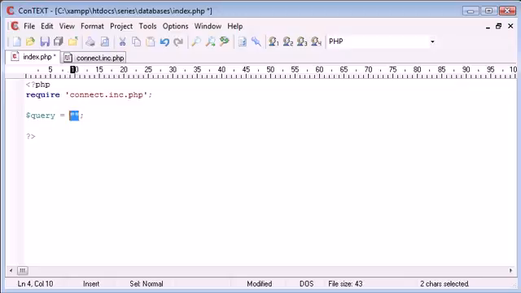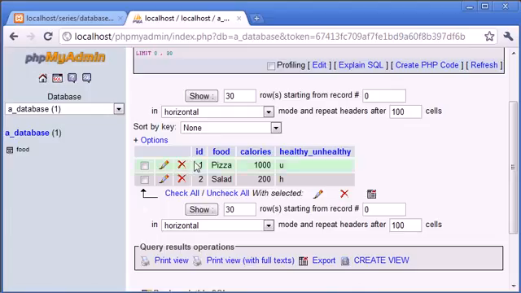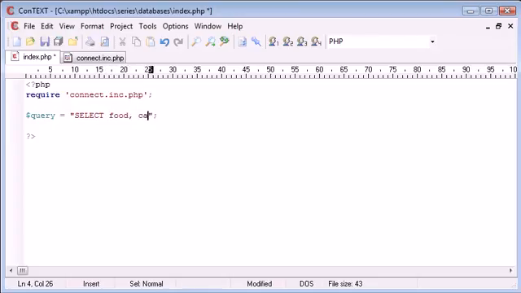I'm going to be using double quotation marks because remember we're using singles inside the query. So this query is going to be select. Now we need to mention the field names. So select, I'm going to say food and calories. So food, calories, separated by a comma,